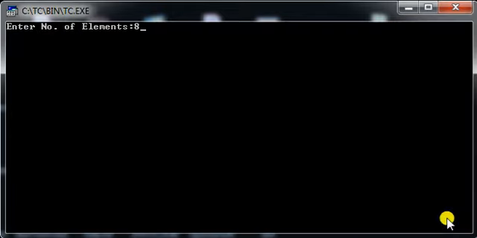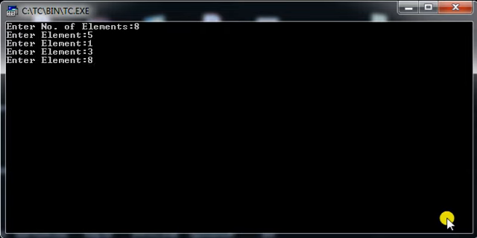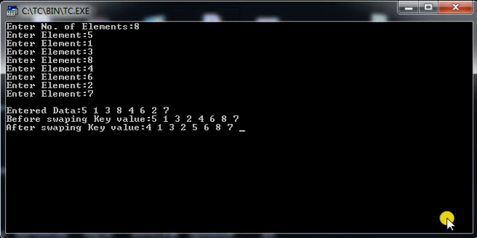Let's say I am entering 8 elements: 5, 1, 3, 8, 4, 6, 2, 7. So these are the elements available over here. Initially I will consider 5 as the key value, and I need to find a value larger than this 5, so I increment ki until I find the larger value.